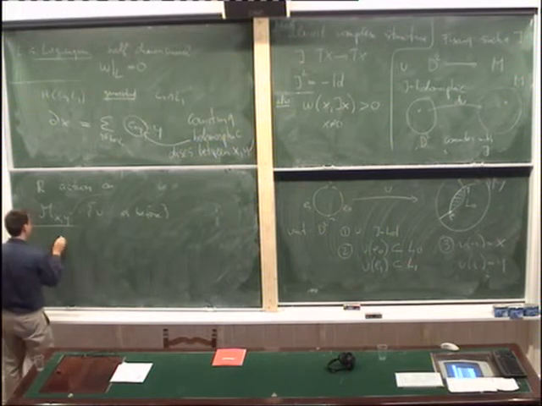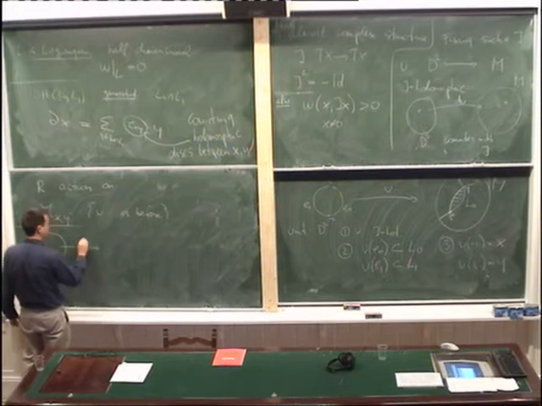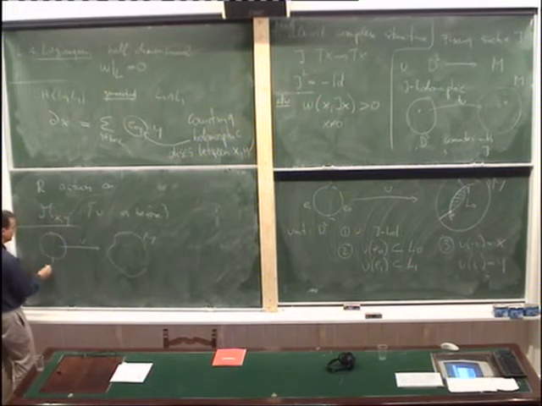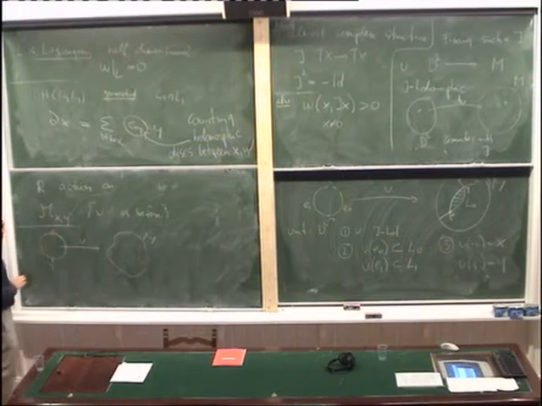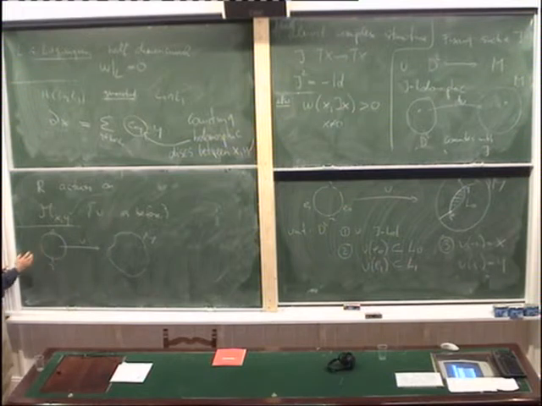What is this action? Well, the observation is that if you take this holomorphic disk U, then it is possible to reparameterize this map in the following way. So take the unit disk and note that